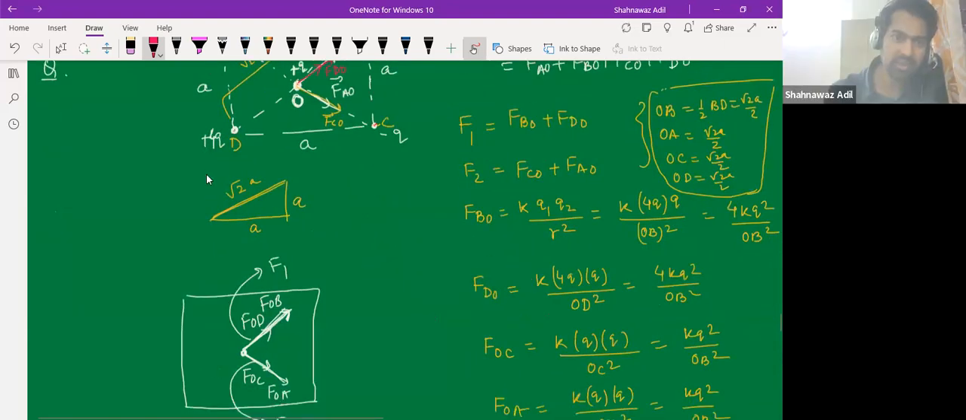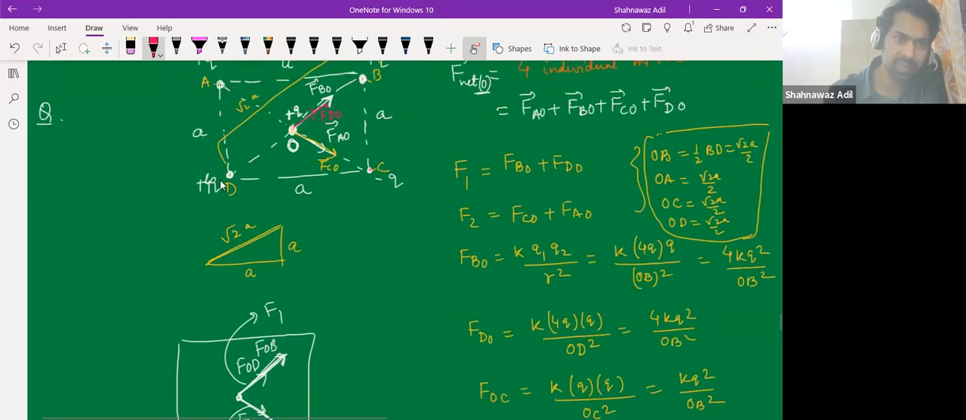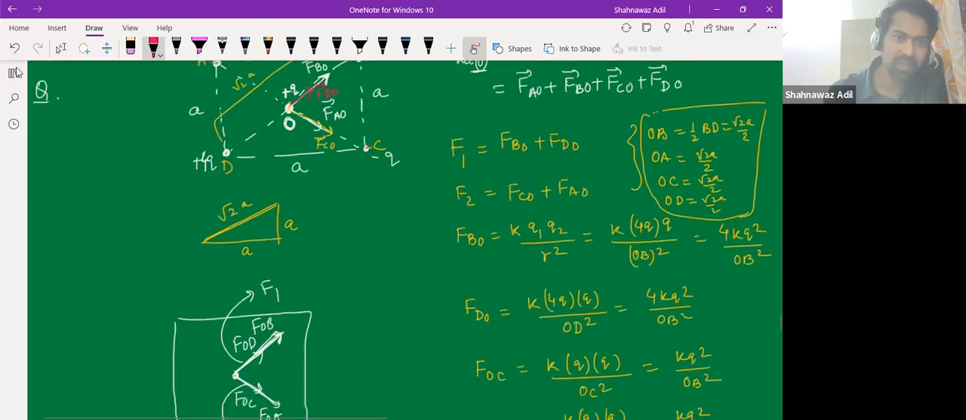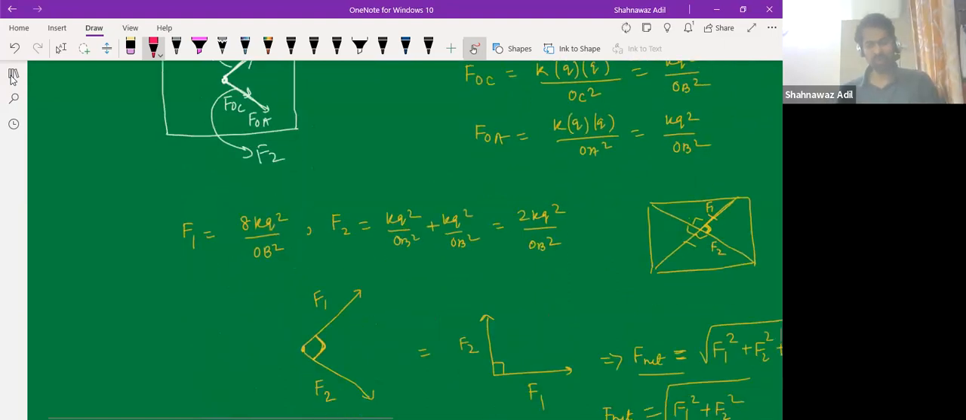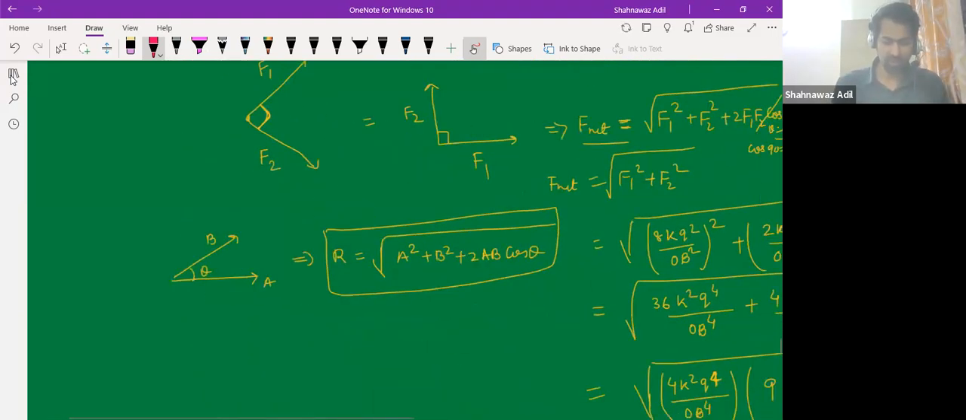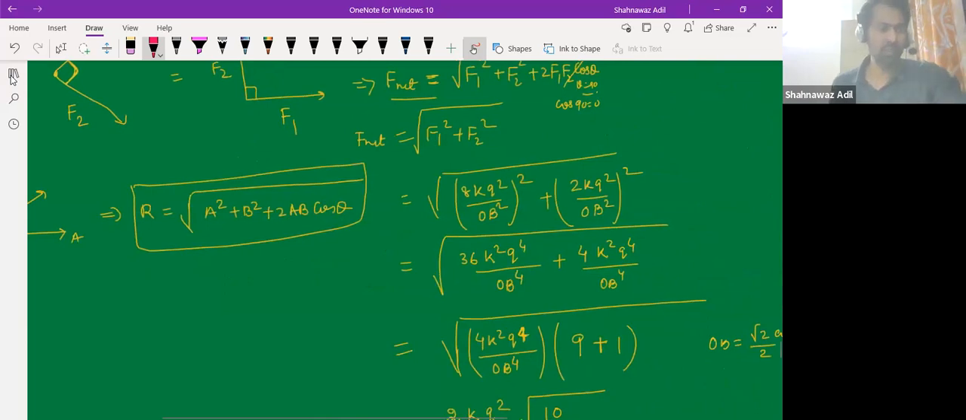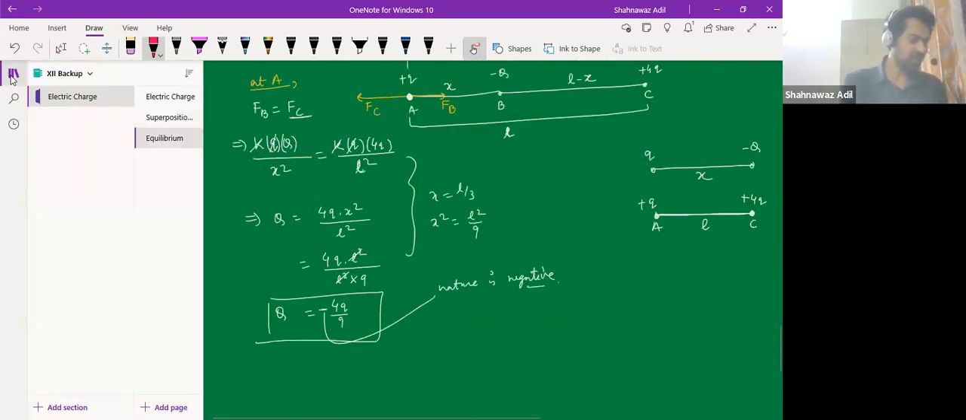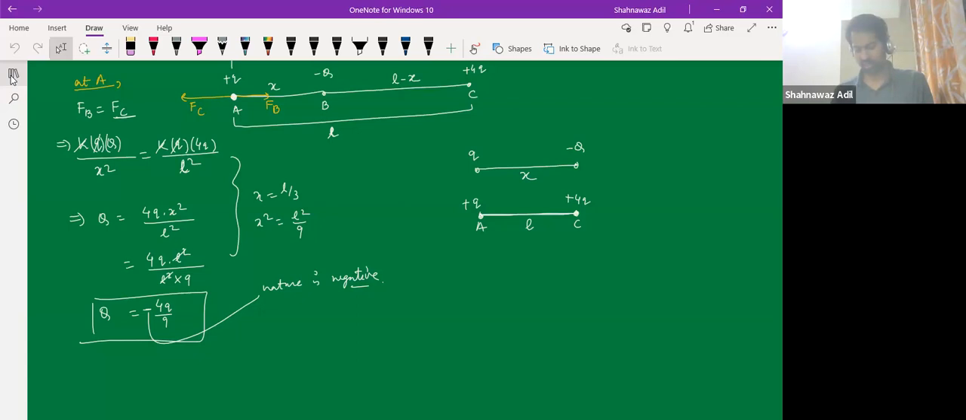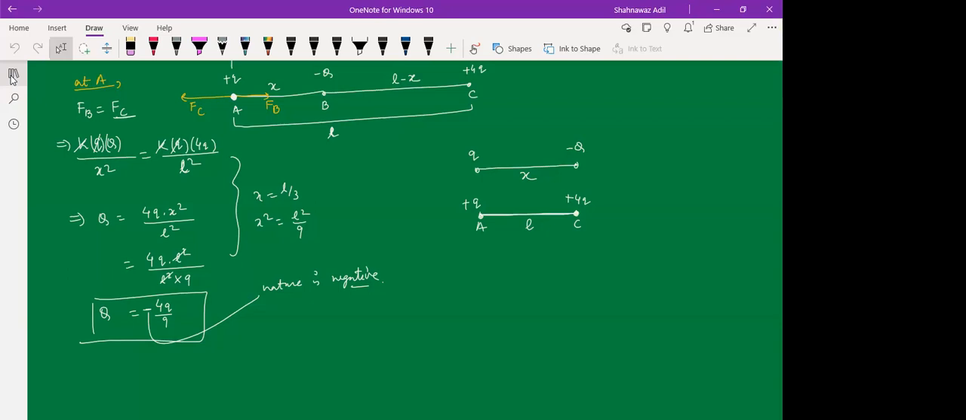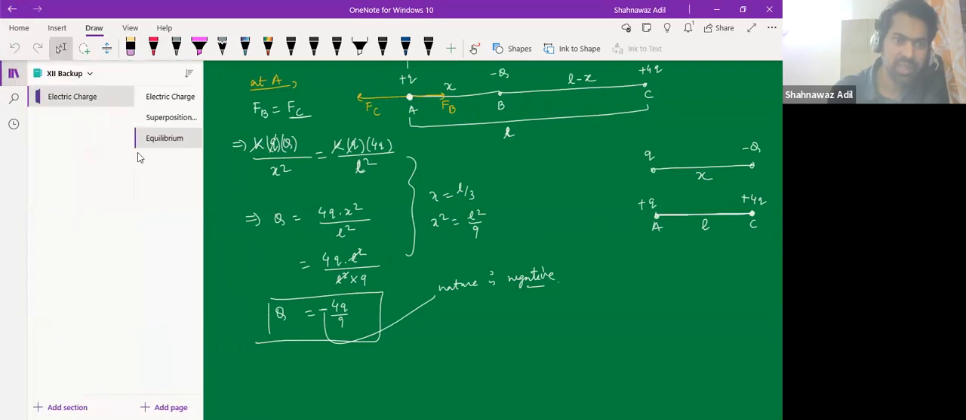Now let us go to the next topic. So equilibrium we have done. Equilibrium was of two types. One was when one point was at equilibrium, and the other was when the whole system was at equilibrium, right? So that was the equilibrium. Any doubt from the equilibrium portion? No, sir. Okay, so then we can start the next topic,